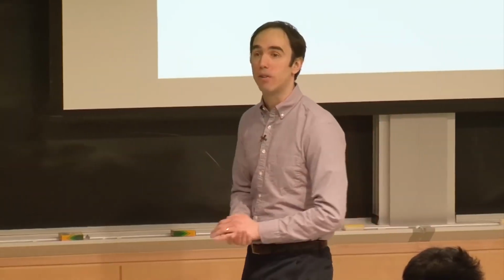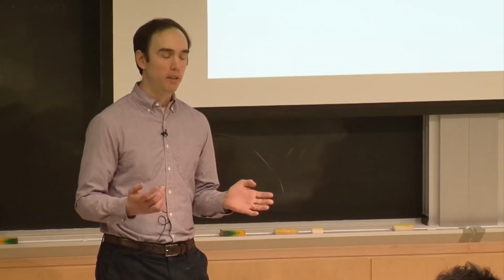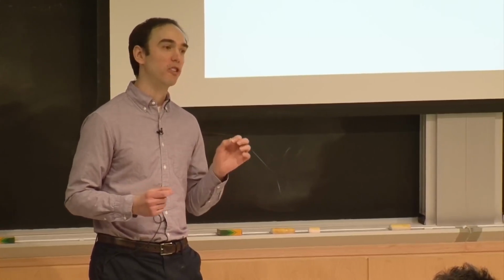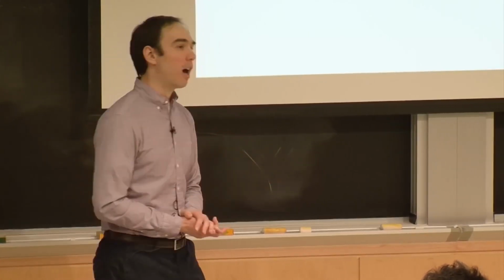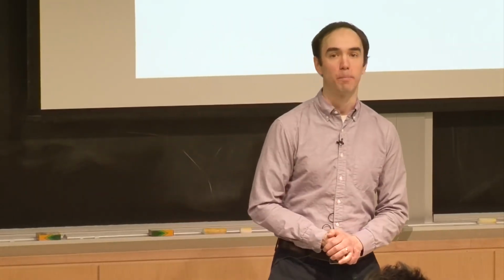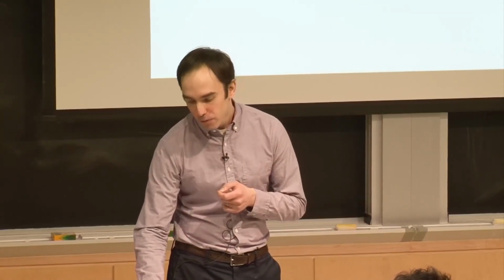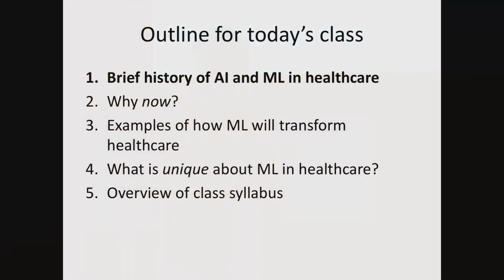So what can we do about it is the question that we want to try to understand in today's course. And don't get me wrong, machine learning and artificial intelligence will only be one piece of the puzzle. There are so many other systematic changes that we're going to have to make to our healthcare system. But let's try to understand what those AI elements might be. So we'll start in today's lecture by giving a bit of background on artificial intelligence and machine learning in healthcare. And I'll tell you why I think the time is ripe now in 2019 to really start to make a big dent at this problem.